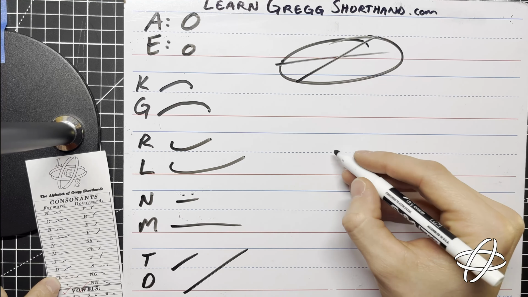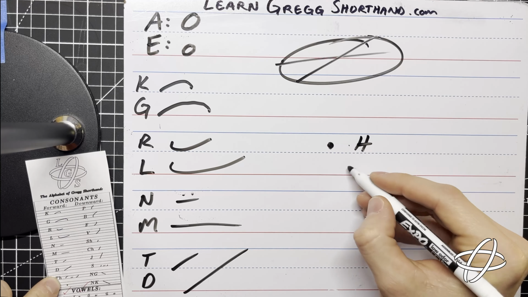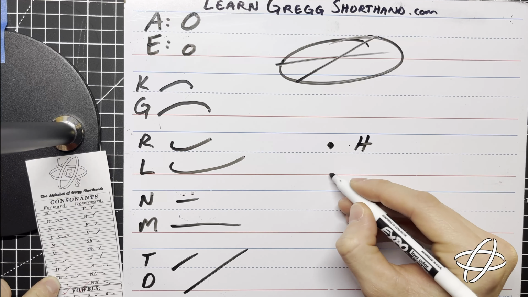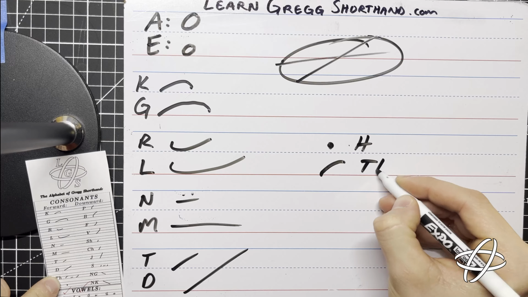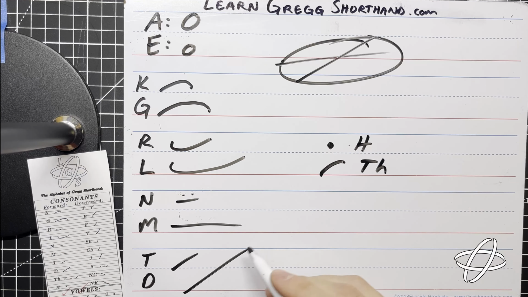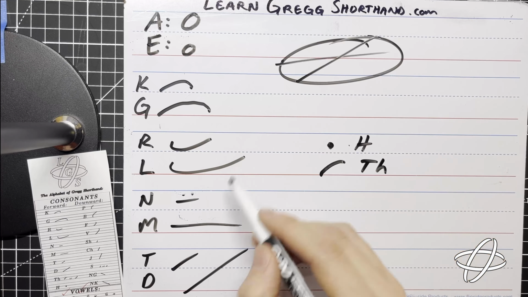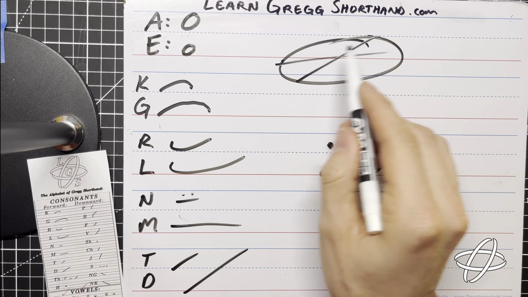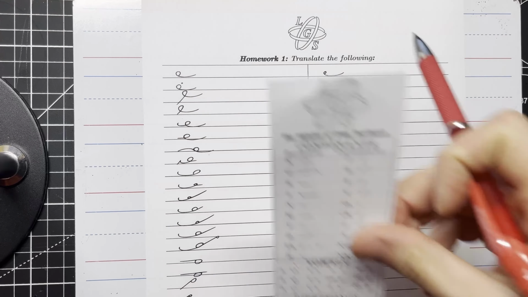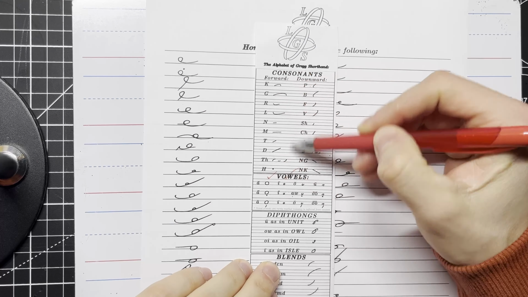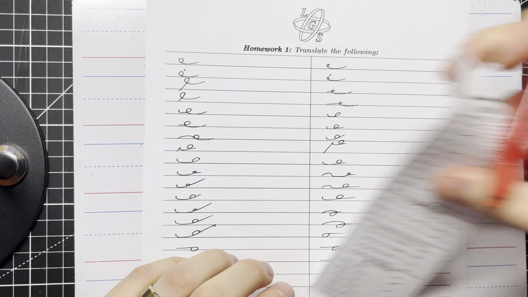Next, we learned the H sound. H is just a dot. And then we have TH, which is a softened T. So TH. Okay? So other than the dot, this is kind of a curve. All of these forward strokes can be derived from this horizontal ellipse. Now that you know all the forward consonants and a handful of the vowel sounds, let's do a couple examples